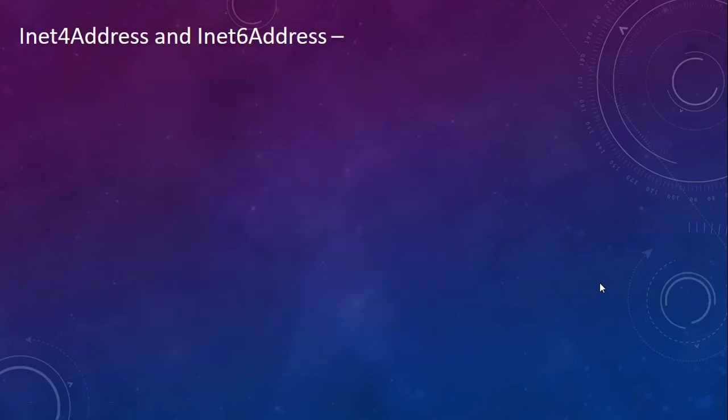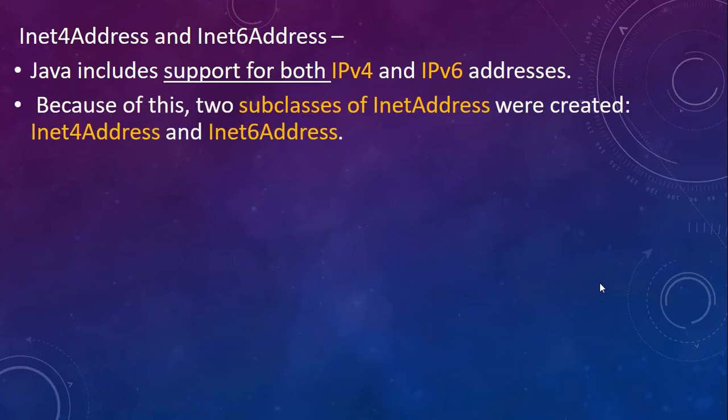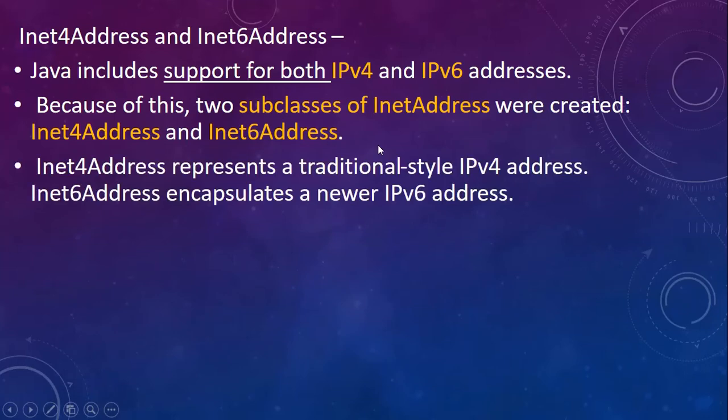Let's go for a class called Inet4Address class and Inet6Address class. Now, as I have told you, Java includes support for IP version 6 as well as IP version 4 addresses, right? Because of this, two subclasses of InetAddress were created. We have already seen InetAddress class. So for this InetAddress class, there were two subclasses created. One subclass is Inet4Address and second subclass is Inet6Address. Inet4Address represents traditional style IP version 4, and Inet6Address encapsulates a newer, that is IP version 6